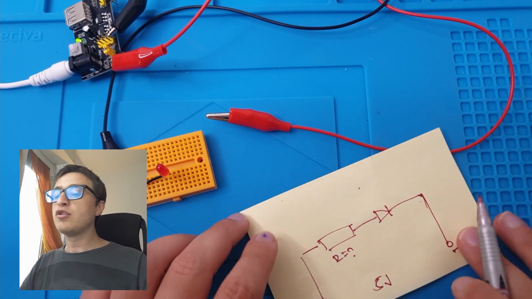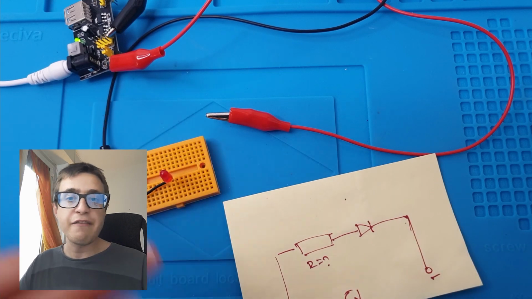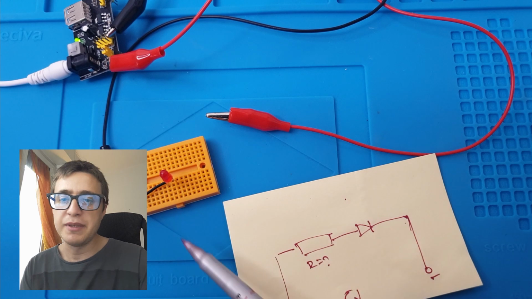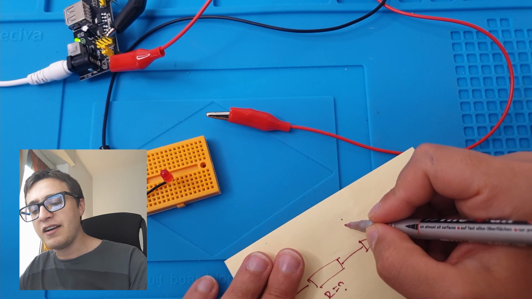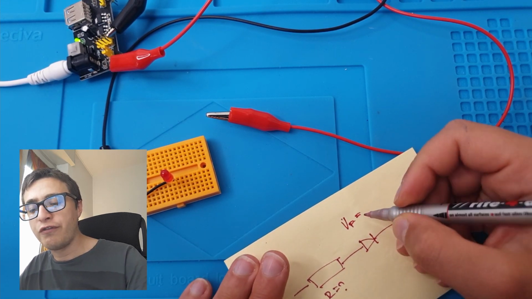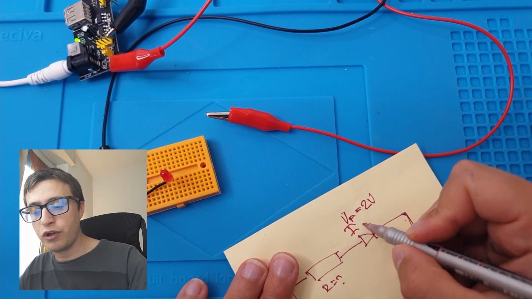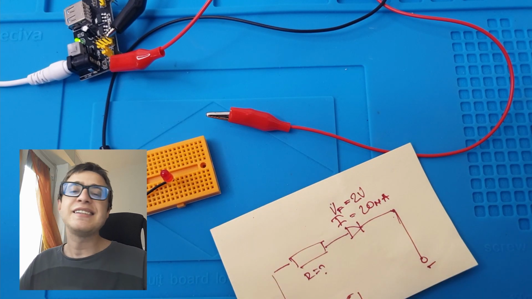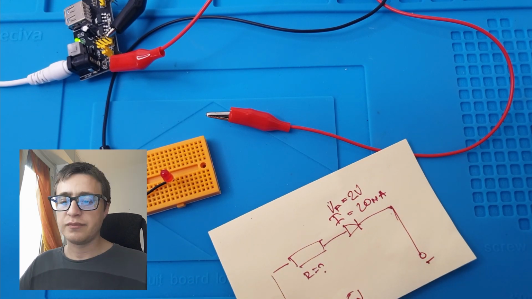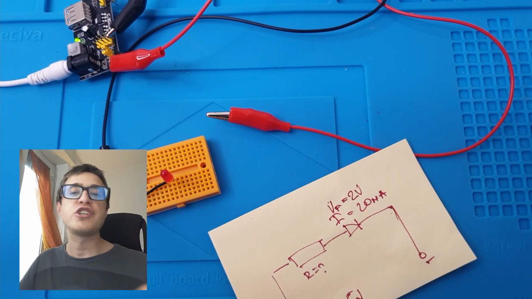But what do I know? If I go to a datasheet of this diode, because every producer has its own datasheet, but let's say that these are standard. So for a 5mm LED light, it's very usual for them to have a forward voltage of 2 volts and a current required to flow through of 20 milliamps. This is a very standard thing. But if you're in doubt, or especially if you're doing a very professional project, you should always check the datasheet of